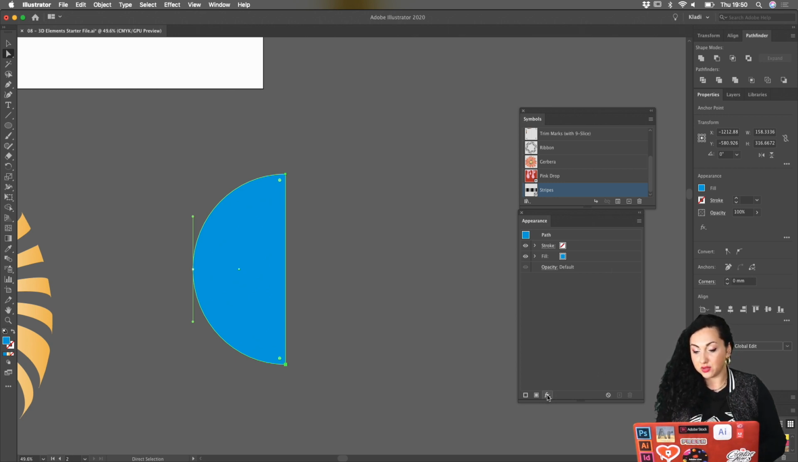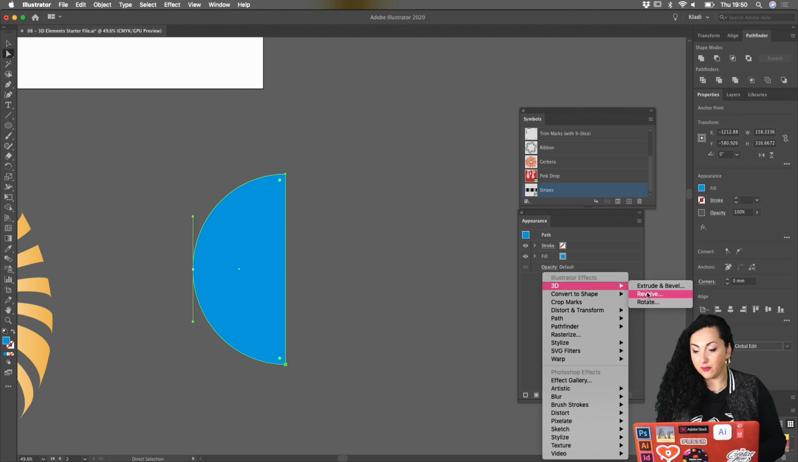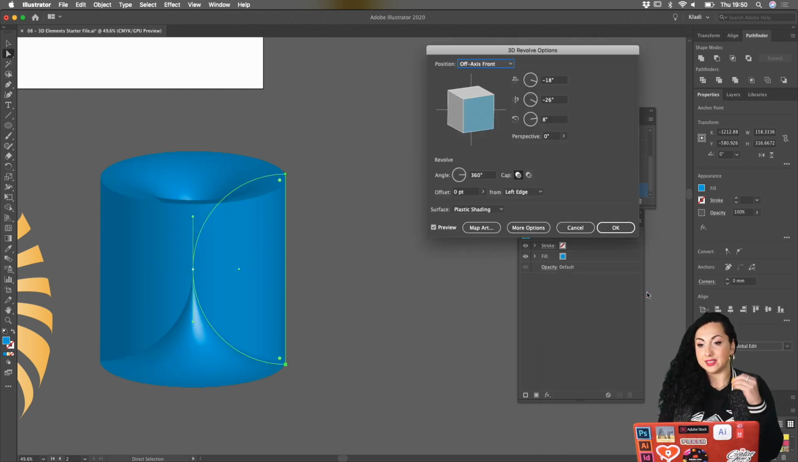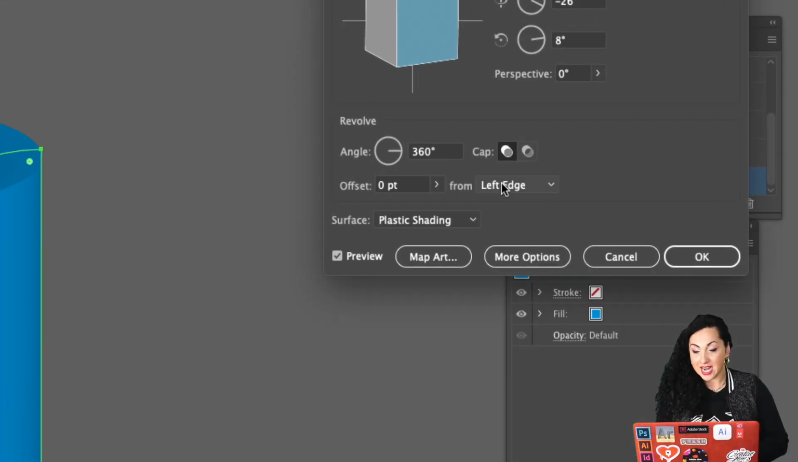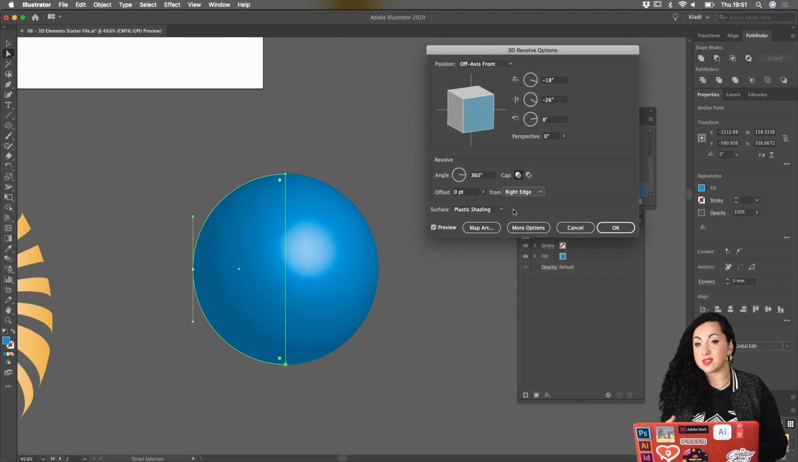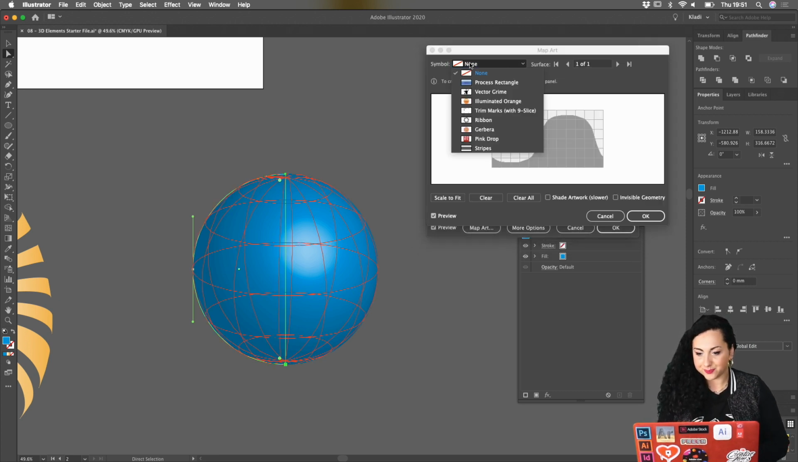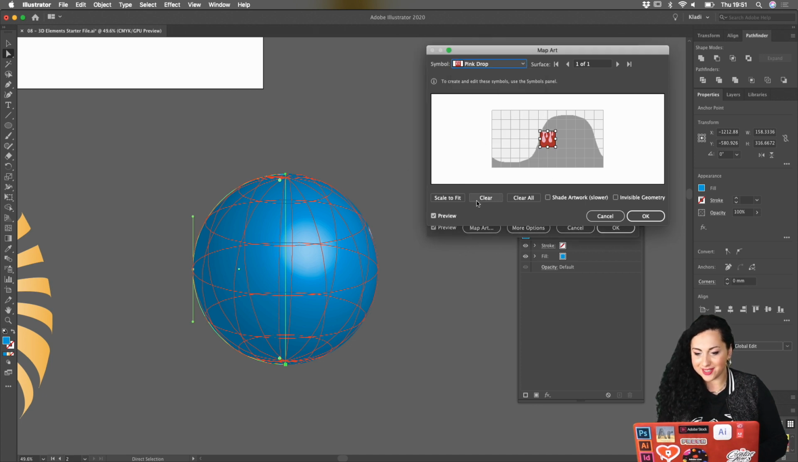Let's go back into our effects, 3D, Revolve, and now it's creating this shape because it's revolving using the round side of our circle. So in order to make sure that it revolves from the middle, we need to go here where it says left edge. So that was the circle, and make sure that it's right edge. Of course, this is the case just because I have split the circle and deleted the right side. If you delete the left anchor point, you're gonna have to go with the left edge. Real quick, we're gonna go into Map Art and choose one of the graphics that we used before,